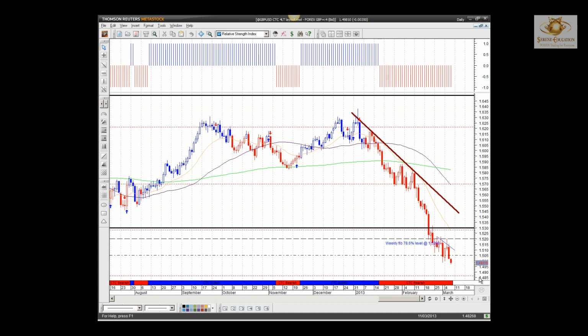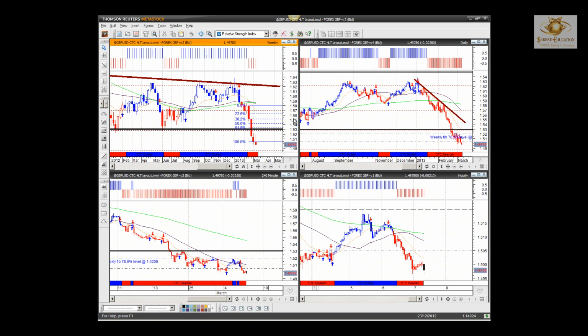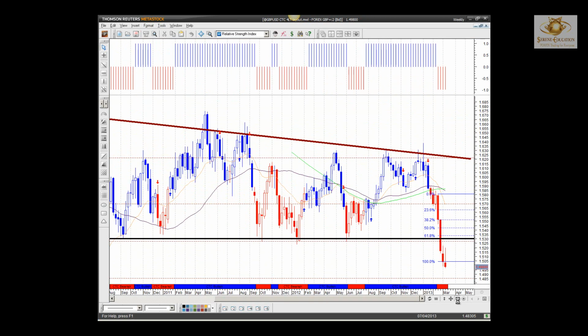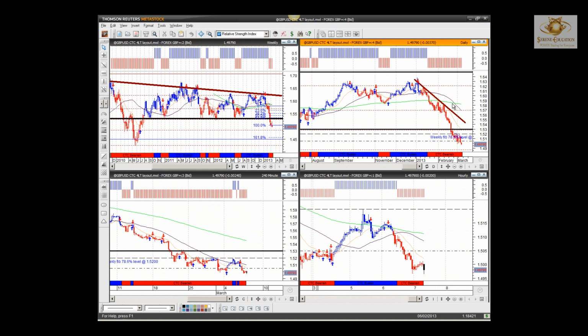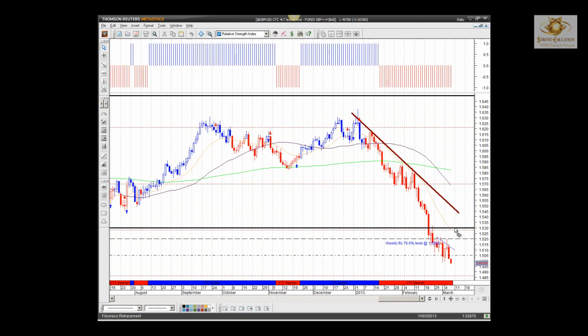So my next target shall be roughly around the 148500 mark. Why that area? Because on my weekly, you can quite clearly see we've had a consolidation in that area. Okay, so 148500, nice place to go to. Get below that, then we should be looking around 14500 and 14200, those two particular levels. So as it stands now, on my daily, all my moving averages are above price, everything's looking negative.